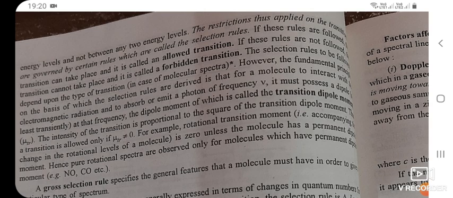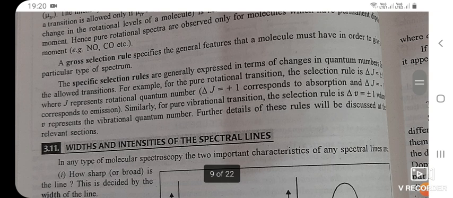Hence, pure rotational spectra are observed only for molecules which have a permanent dipole moment, for example NO, CO, etc. A gross selection rule specifies the general features that a molecule must have in order to give a particular type of spectrum. The specific selection rules are generally expressed in terms of changes in quantum numbers